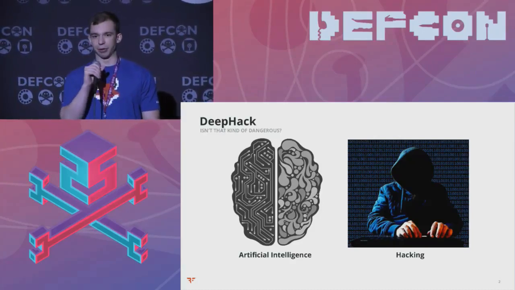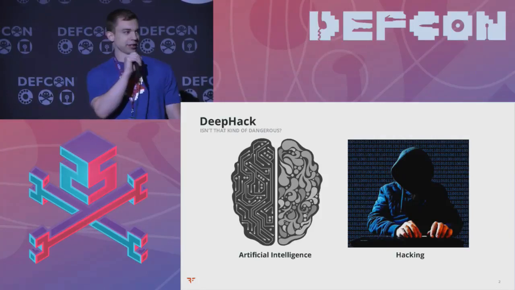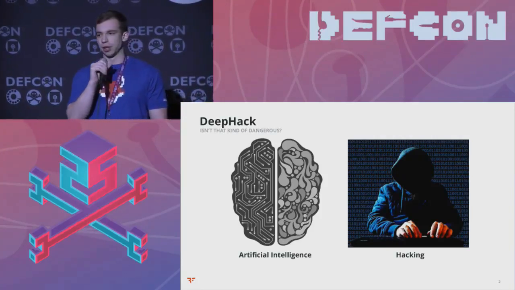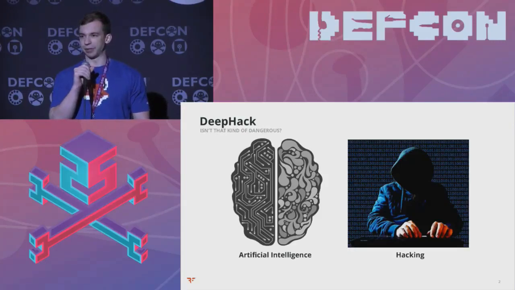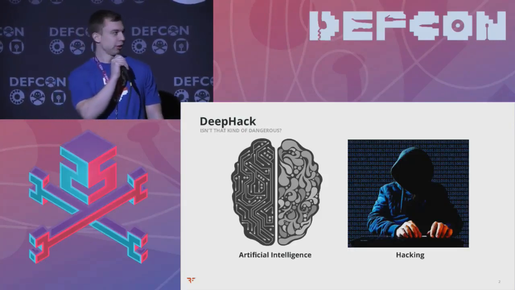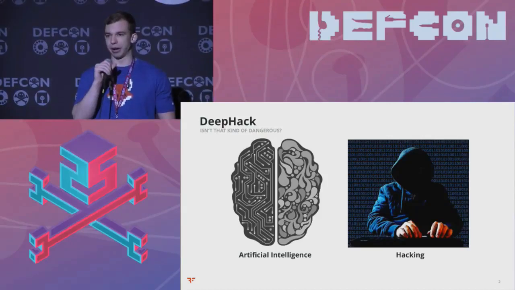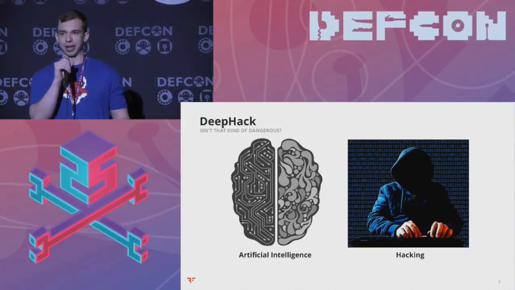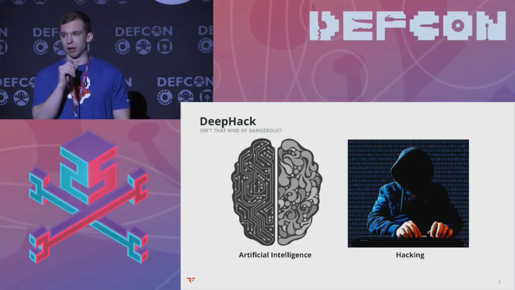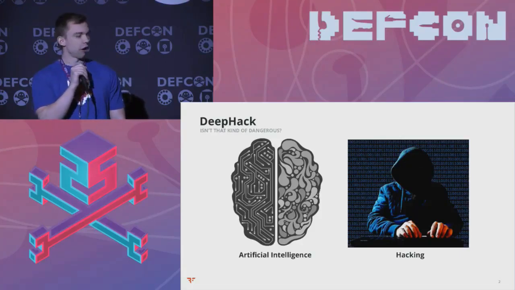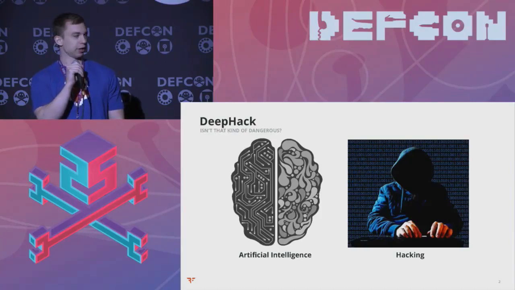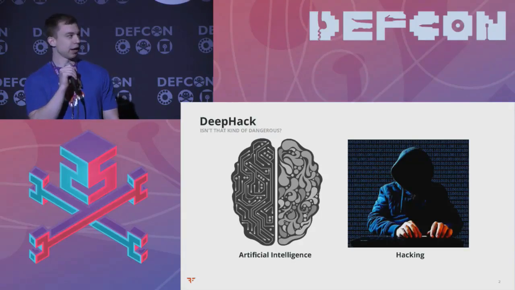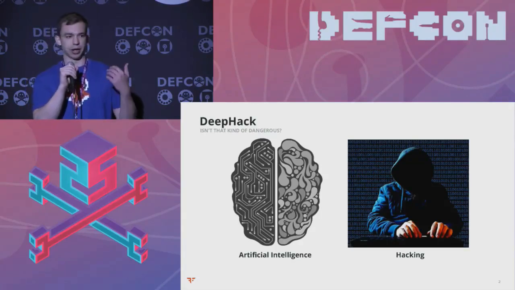So as pen testers, we were interested in how we could use this technology and these tools to maybe do some offensive security stuff. We've heard a lot about defensive security applications for machine learning. There are things like firewalls that can do anomalous traffic detection. But there weren't too many offensive tools, and so we really wanted to explore that space. This talk is basically going to be about the intersection between AI, programming, and hacking.